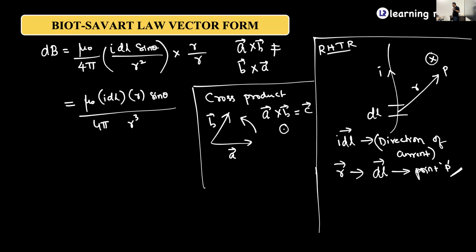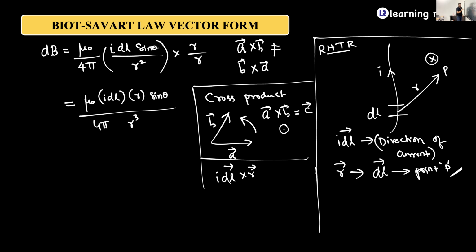So right hand thumb rule is telling me that the magnetic field at point P is into the plane. So what should the cross product do? Cross product should also be done in such a way that I get the resultant in the direction into the plane. So for that, what I need to do is, if I write idl vector cross r vector,